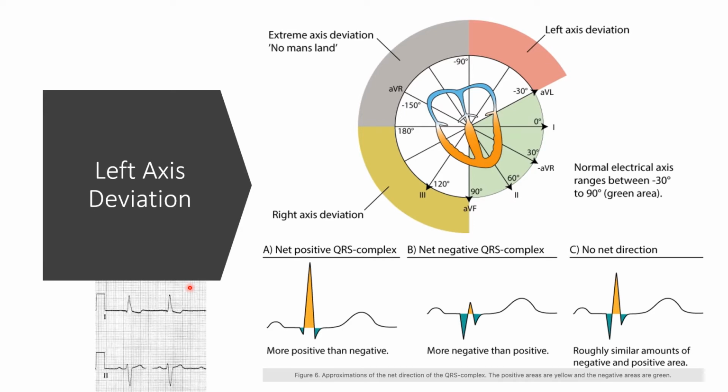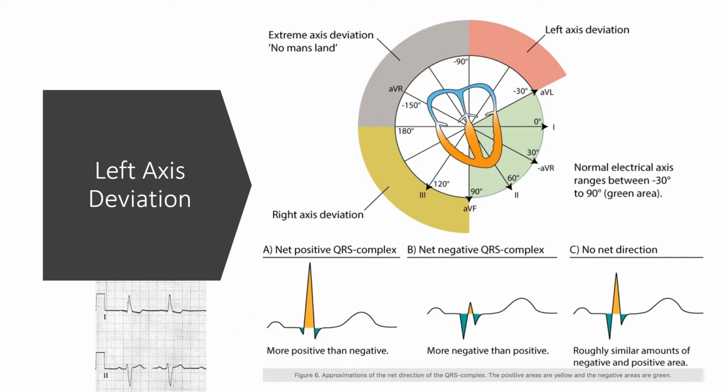The other approach is called the Quadrant Approach, where you can take lead 1, 2, and AVF, or in this case, you can just take lead 1 and 2. If lead 1 is positive and lead 2 is positive, it's a normal axis. If lead 1 is positive and lead 2 is negative, it's a left axis deviation. If lead 1 is negative and lead 2 is positive, it's a right axis deviation. Or in this case, in our EKG, lead 1 is positive and lead 2 is negative, which goes along with